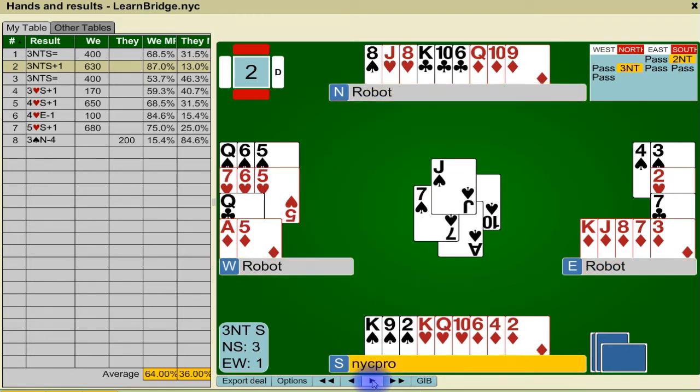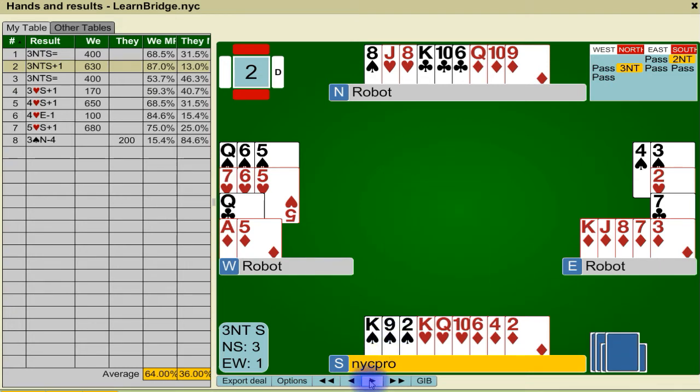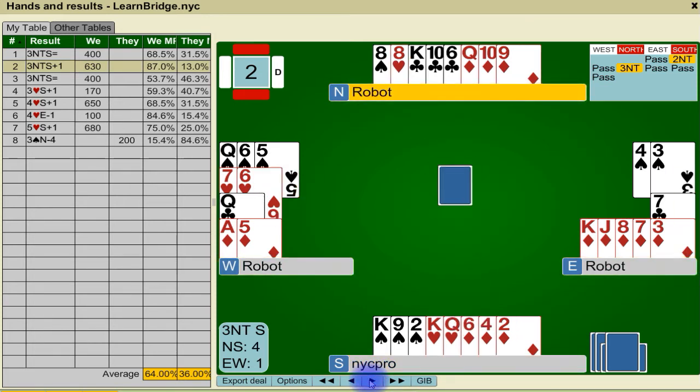So on the spade return, we're going to win our ace. And here is an odd spot. They played the 10 of spades, and I played the ace, and I pitched the jack from the dummy. This is just in case it turns out that East is likely to have the queen of spades, I can take this finesse later on in the spade suit while winning it in my hand instead of playing the jack from dummy. So the only reason the jack is being played here is because I just saw the 10. If I want to finesse later, I want to make sure I end up in my hand if it works. But in reality, not a situation I would consider taking a finesse,